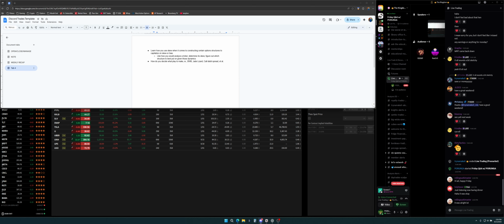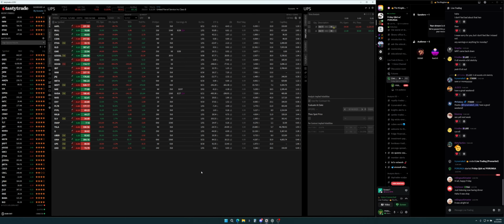But we can start with what Rolling Sushi sent, this first question, which was: learn how I use skew when it comes to constructing certain option structures to capitalize on skew bias, like how you would analyze a ticker, determine its skew, and figure out which structure to best put on given those dynamics. So to start, what is skew? Well, you've got put skew or call skew, and we can